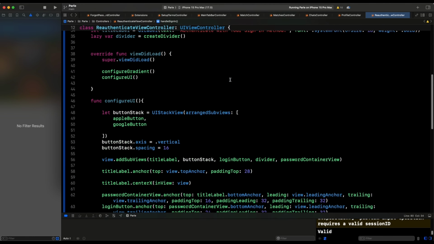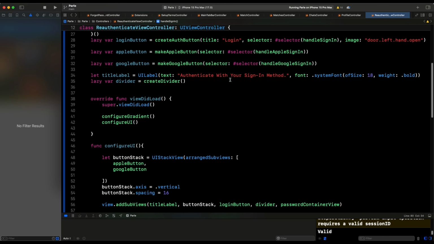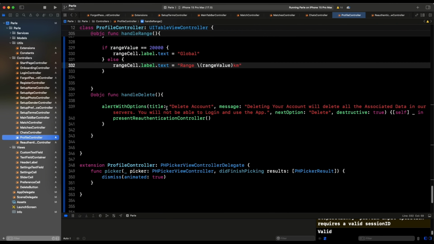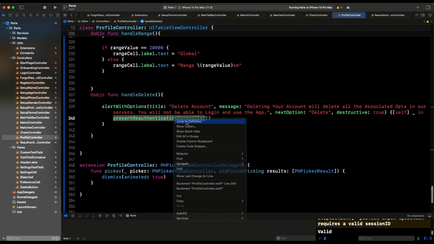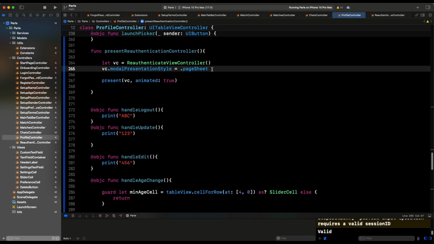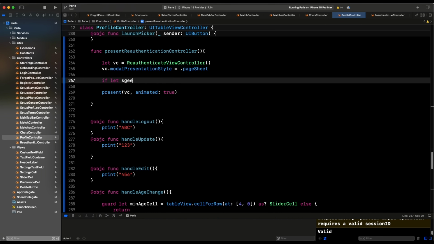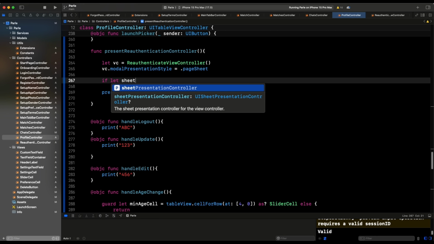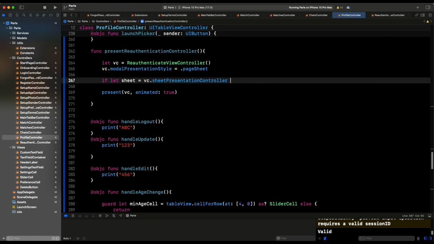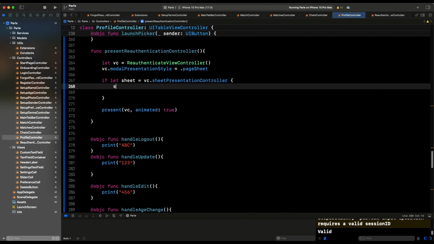Okay, how do we do that? Well, the easy way is, it's not here, it's going to be in the profile controller, right? So in the profile controller, just say this. If let sheet is going to be vc.sheetPresentationController, and this is going to be sheet.detents, and this is going to be an array, and here we're going to say dot medium, like so, and this is going to be dot large, like so,